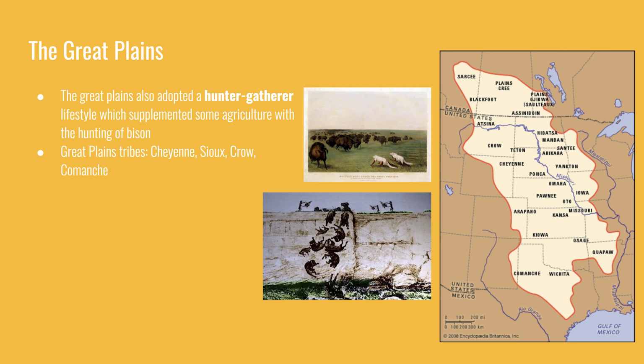The next part of this key concept is the Great Plains. The Great Plains goes as far north as modern-day Canada and as far south as Texas. In the Great Plains, they had a hunter-gatherer lifestyle. Again, some of the land was not conducive to agriculture, but there are other resources that Native Americans were able to use. In the northern plains, there were bison. Even before natives had access to horses, even before they had guns with gunpowder, Native Americans were still able to hunt bison.